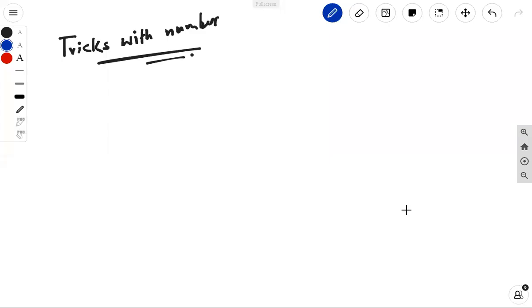Hello friends, today we are going to learn some tricks about numbers. In WBCS, in CGL and in several other competitive examinations, there are some questions that come from the chapter on tricks with numbers, and there are some tricky methods by which you can solve number-based questions, calculations, very easily, very swiftly and very fast, because you all know that competitive exams are very much time-bound examinations and you have to pay more attention to the time.